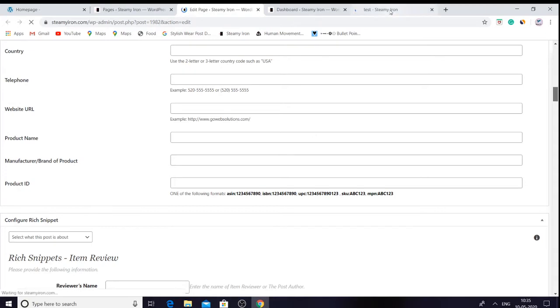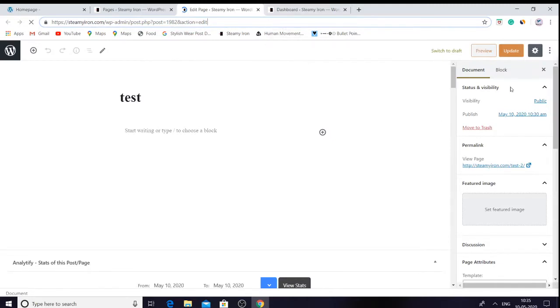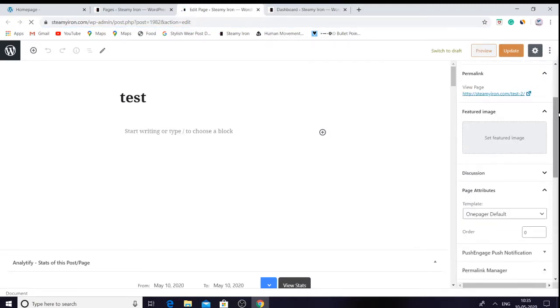So we have chosen the template One Pager Default. What we are going to do is change it to One Pager Canvas and check what will happen.